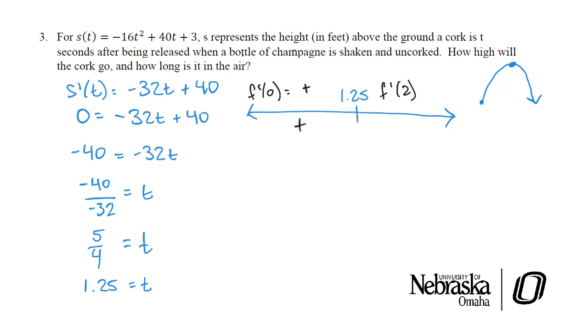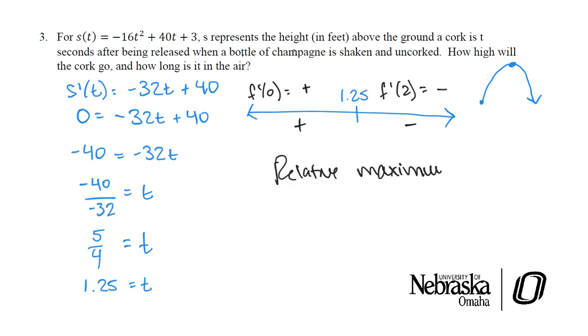The function value at 2, we would have a negative value, right? So -64 plus 40 is a negative number. Again, we don't really care about what the actual numbers are. We just want to know the slope. So quick math. Okay, so that means we have a relative maximum